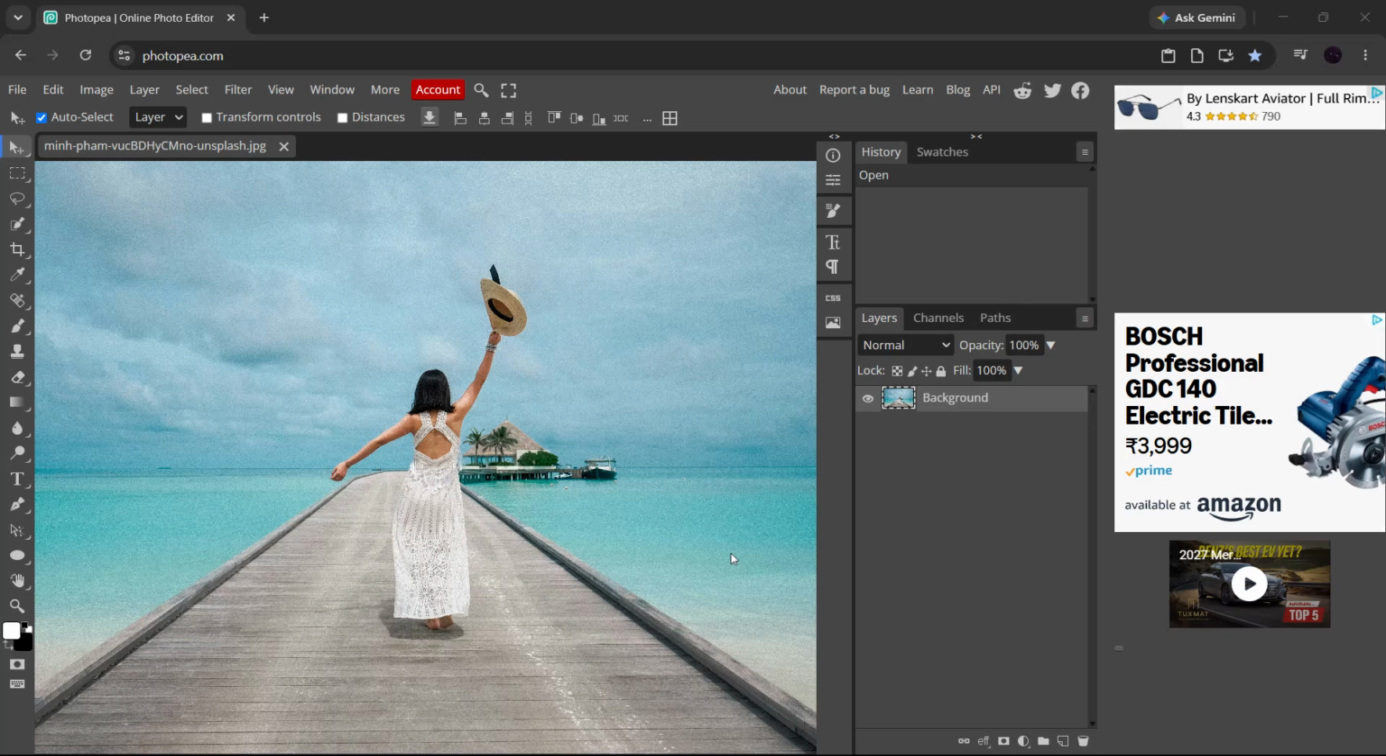Today, I'm going to show you how to create a vector mask in Photopea step by step so you can precisely control what part of your image, text, or shape stays visible. This is a super useful skill when you want clean edges, professional looking cutouts, or non-destructive editing inside Photopea without